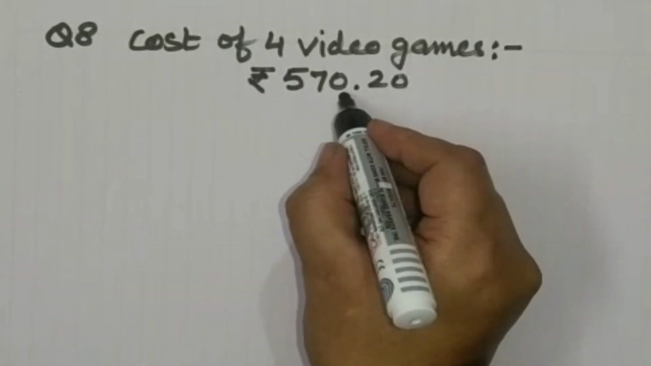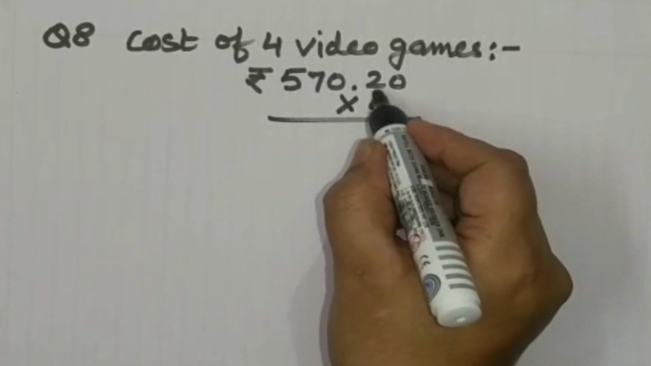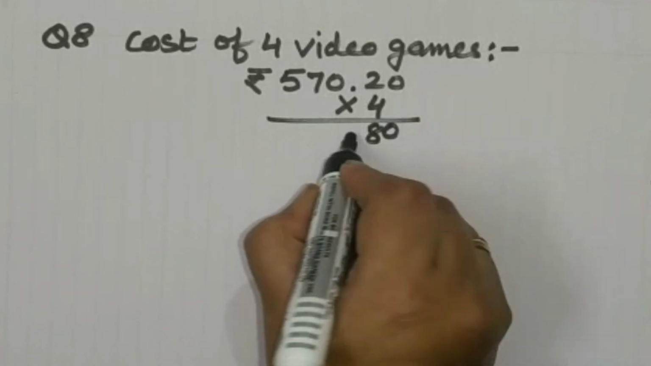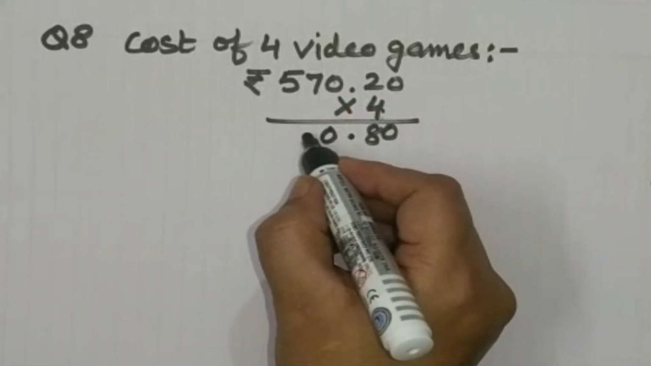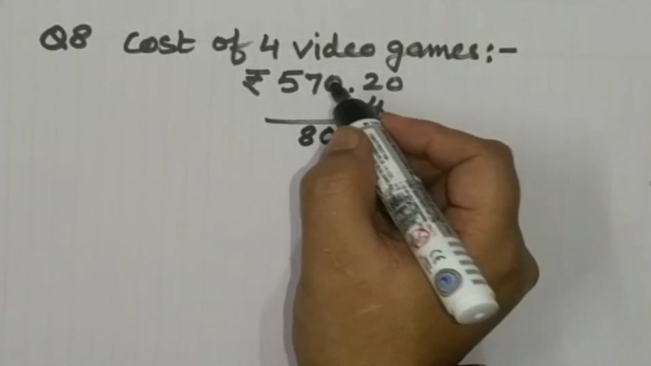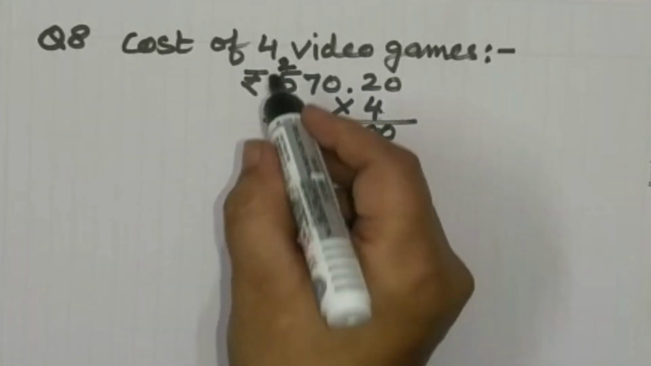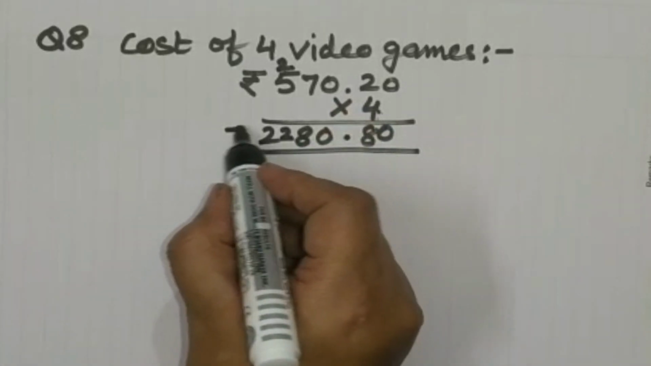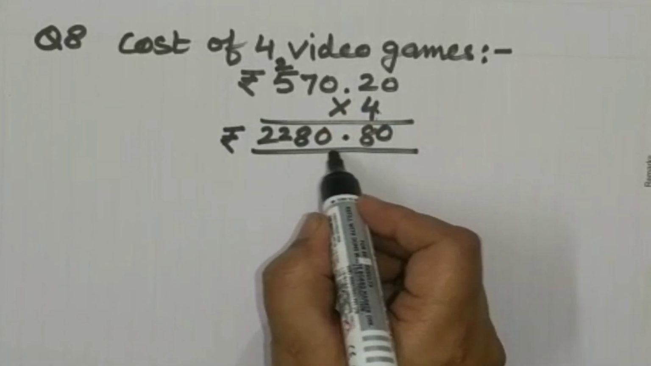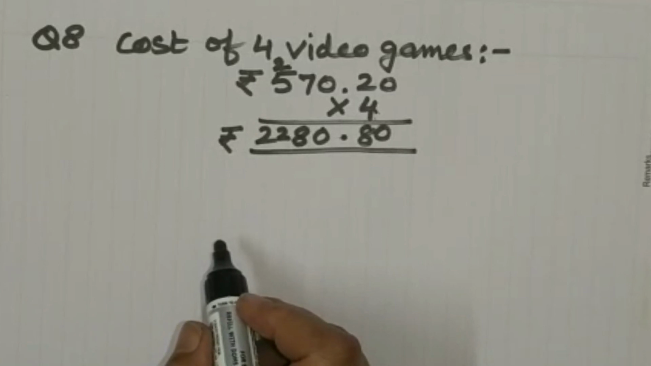From the unitary method we multiply by 4. 4 times 0 is 0, 4 times 2 is 8, we write the decimal here. 4 times 0 is 0, 4 times 7 is 28, in the unit place we write 8 and carry 2. 5 times 4 is 20 and 2 is 22. So the cost of 4 video games is 2280 rupees 80 paisa. But the question is, how much money had Rohan saved before he added rupees